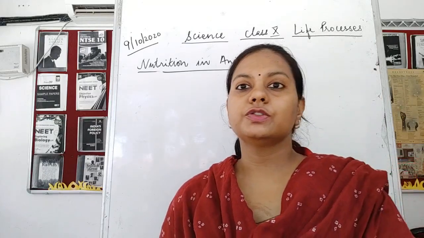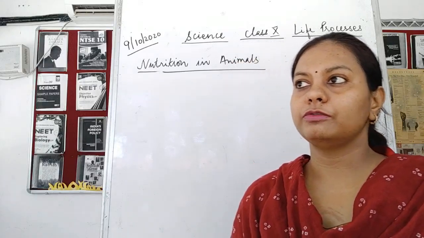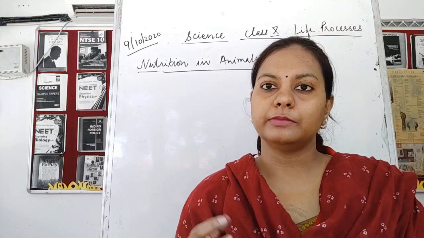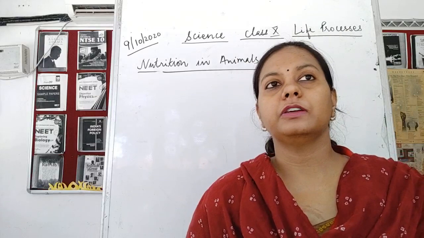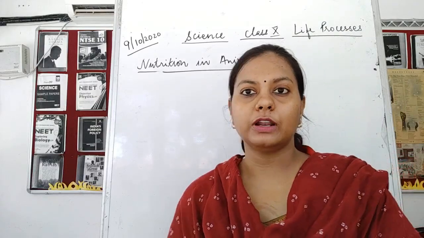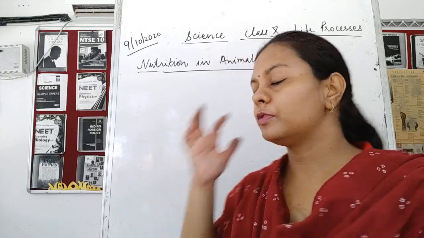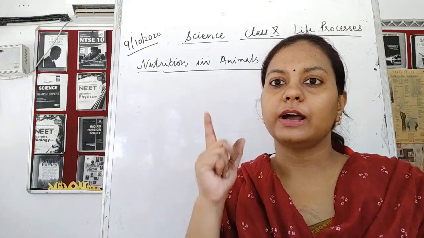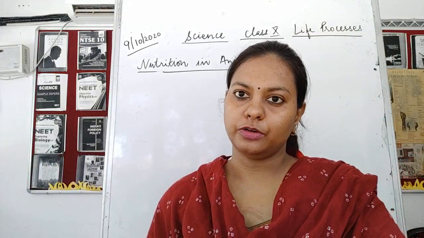in animals. So in nutrition in plants, what is the process of nutrition? The process of nutrition means it is a way by which the organisms are gaining their food, they are gaining energy from their food. Now eating food, then it is going to be broken down into smaller pieces and then it is going to give us energy. So all these will come under the process called nutrition. So in this we have studied two types of nutrition. One is the autotrophic mode of nutrition and the other one is the heterotrophic mode of nutrition.